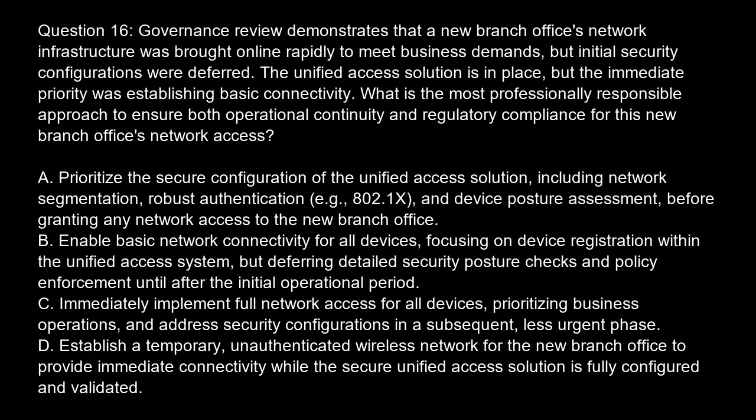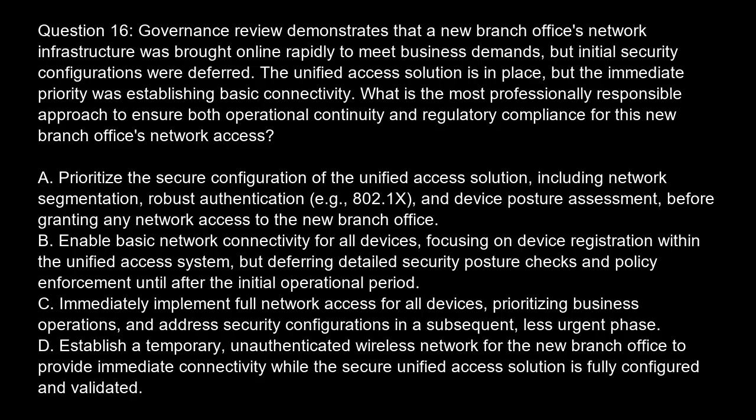Question 16. Governance review demonstrates that a new branch office's network infrastructure was brought online rapidly to meet business demands, but initial security configurations were deferred. The unified access solution is in place, but the immediate priority was establishing basic connectivity. What is the most professionally responsible approach to ensure both operational continuity and regulatory compliance for this new branch office's